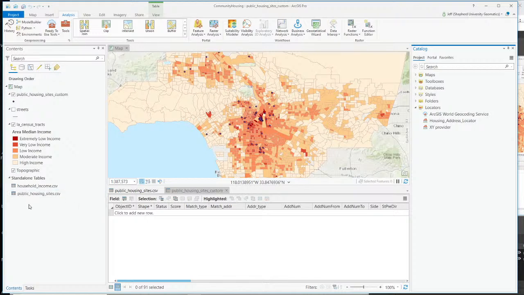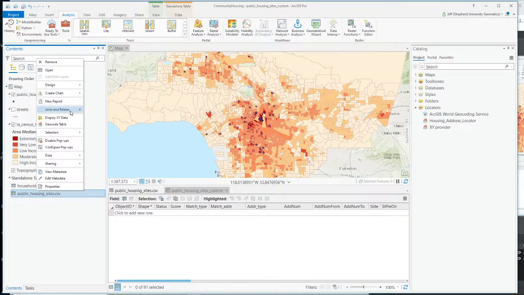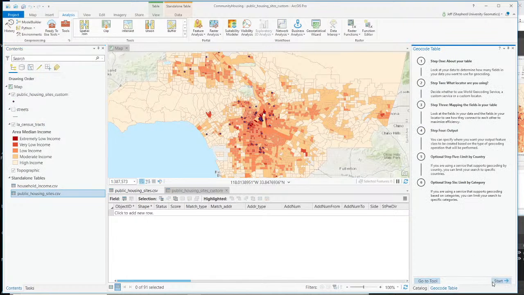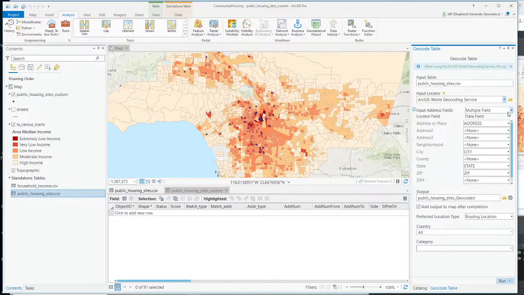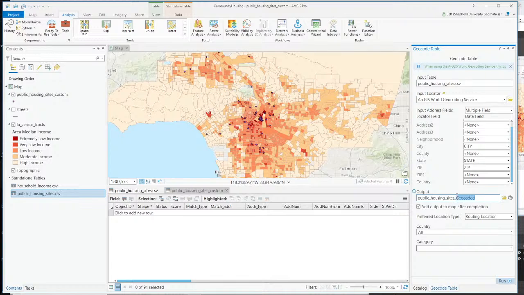We'll go over here, and we're going to do that geocoding again. So we'll geocode this table. Here it is right here. Geocode table. And now we're not going to use the locator we created, housing address locator, but let's use ArcGIS World Geocoding Service, this built-in service. Address, neighborhood, city, state, zip. So a lot of the fields have matched up for us. That's good. And so I'll save this as a new feature called not custom, but just call it